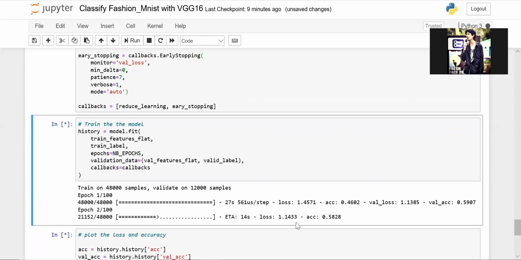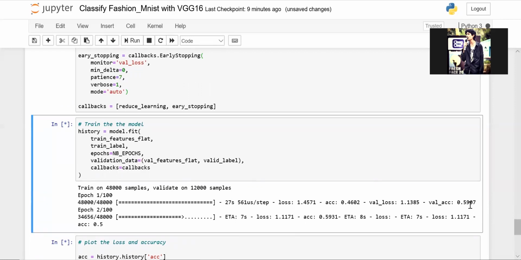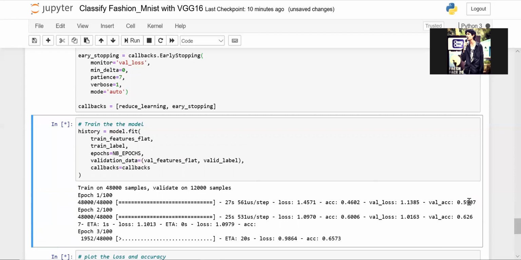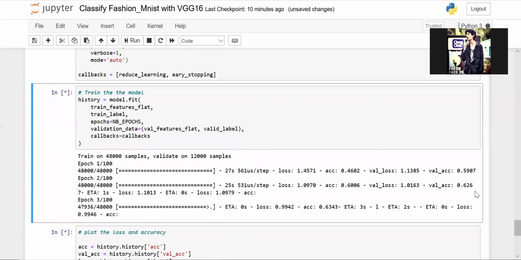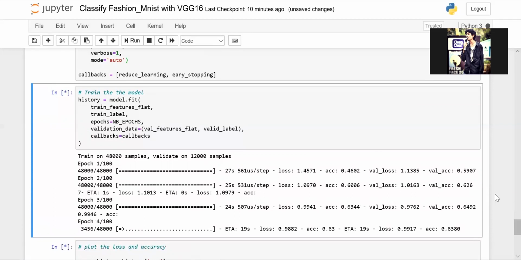So you know what happens in these steps, right? It keeps doing forward and back propagation till it gets the optimal weights wherein the loss and the cost function are both low, and goes ahead with those weights. The best weights identified in this step are then transferred to this step, which is why you see the accuracy starts from here. Here it's 59%, 60%. Here it's 62%, and now it's 63%. So it's stepwise. It keeps taking the best weights and biases obtained from the previous step and goes ahead. So learning happens in this. But the drawback of this is that overfitting may happen.